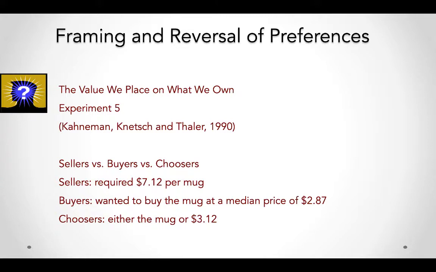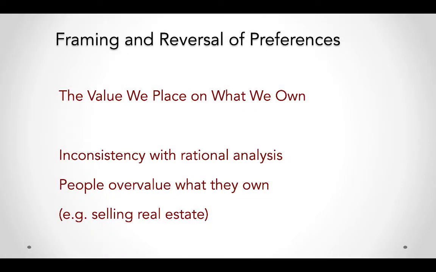So obviously when you sell something that is like your house, you ask a whole lot more than the buyer is actually giving, because you also have what we call an emotional value attached to that thing, that property, that house, that is hard to part with. It makes it hard to part with. This is kind of inconsistent with rational analysis, because we are overvaluing what we own. And you will see this every time you're trying to make a transaction. If I own something, it becomes mine, and it's hard for me to part with it at the price that you're giving me.